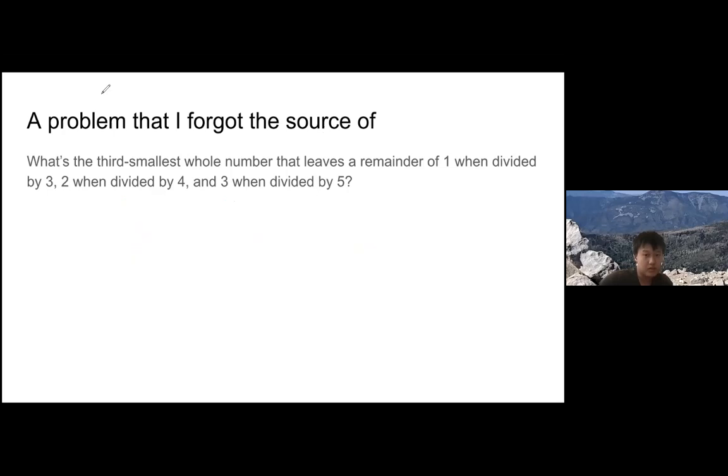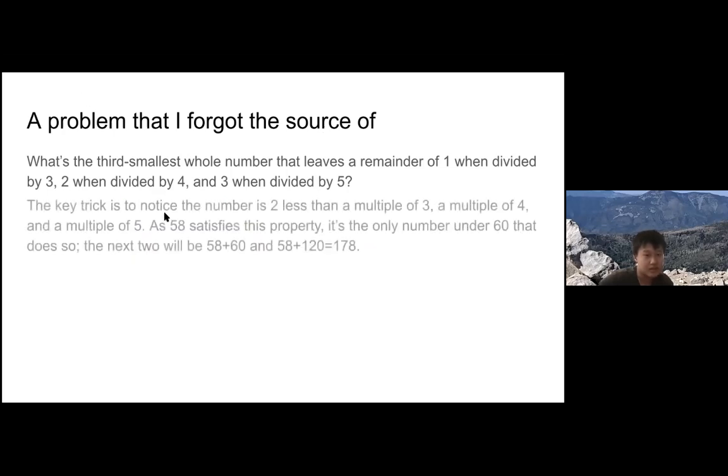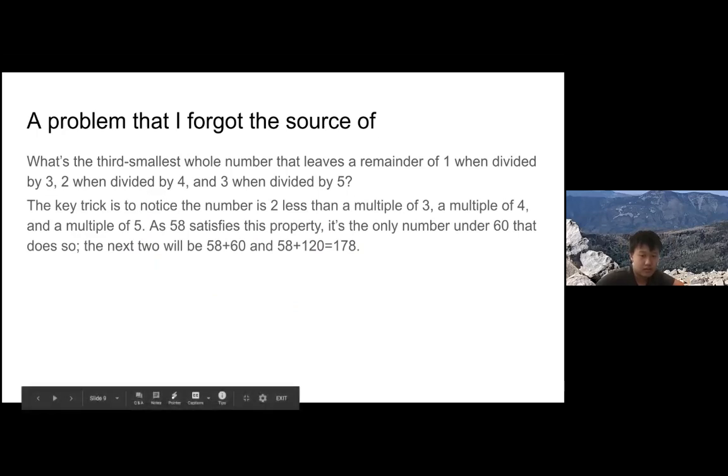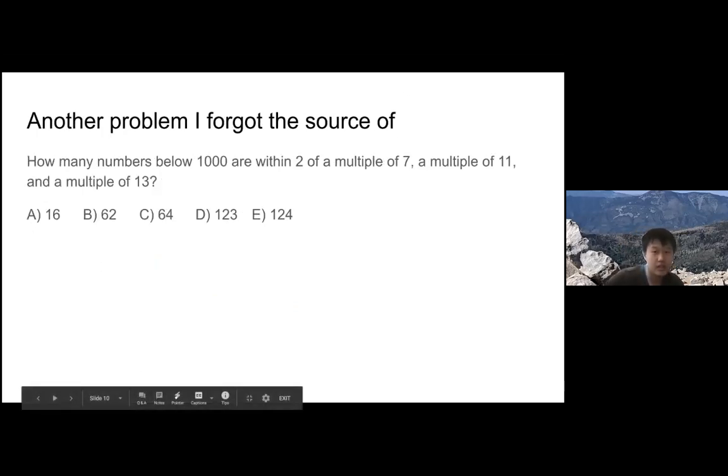So let me pull up the solution on the slides. Are there any questions about this one? Okay, I'll move on. A lot of these I forgot the source of, but